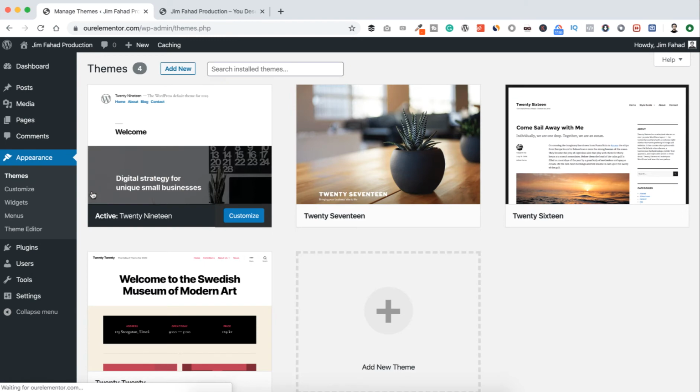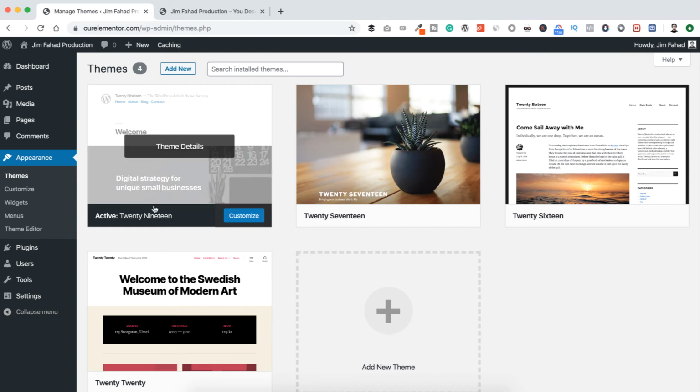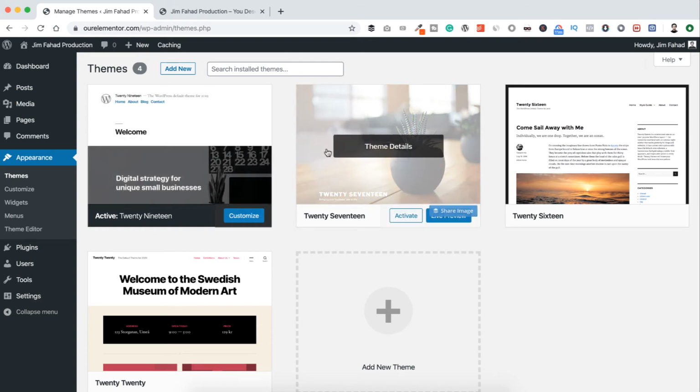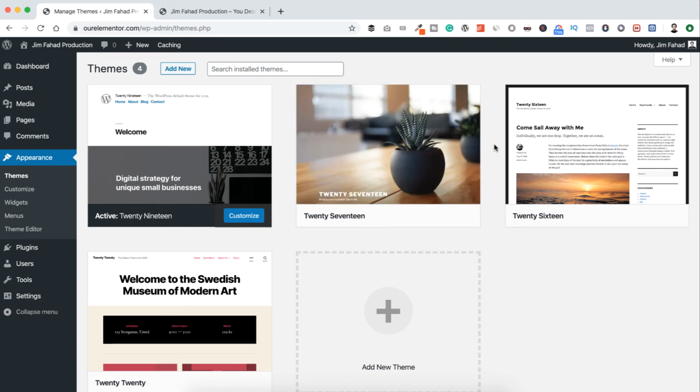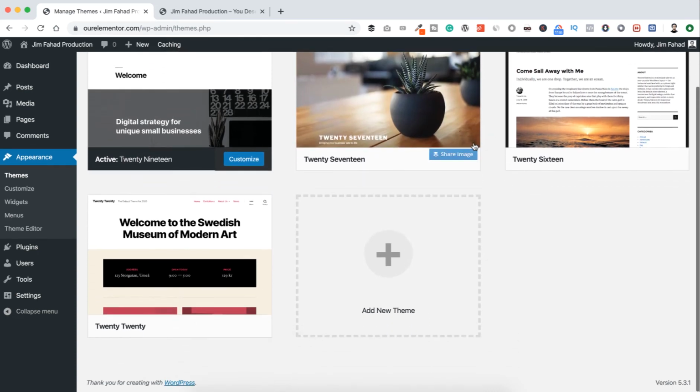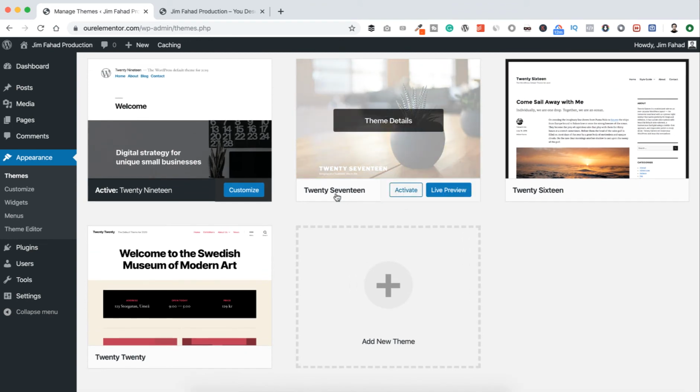I want to change the theme because by changing theme, only your look and feel will be changed, not the information and other things. Like if you change the theme, only the look and feel will be changed. All your other images, navigations, and all other information will remain the same. So right now you see the 2019 theme is installed, it's activated, and by default there are 3 other themes that came with WordPress. So if I install another theme, it says 2017. If I activate this one,